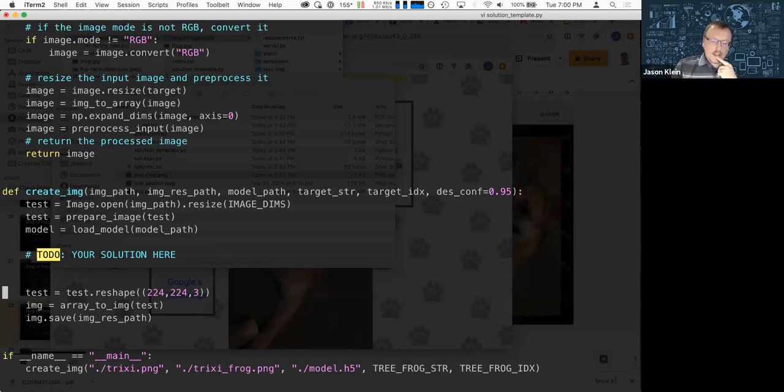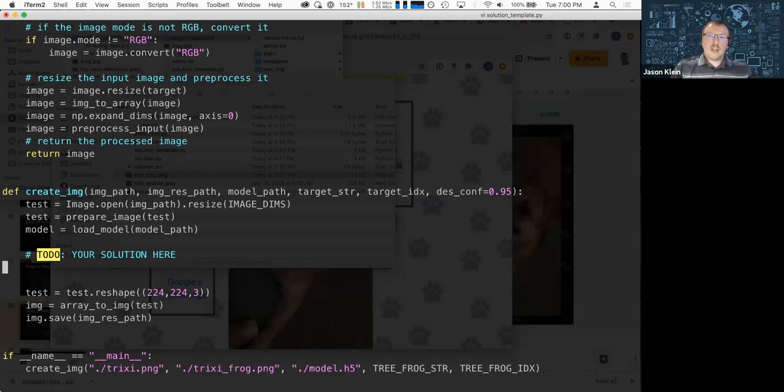And then basically, if it finds an image that's close enough to a frog, like over 95% confident, and within a distance of 1 hash-wise from the original image, then it will go ahead and reshape that image and save it to your file system.